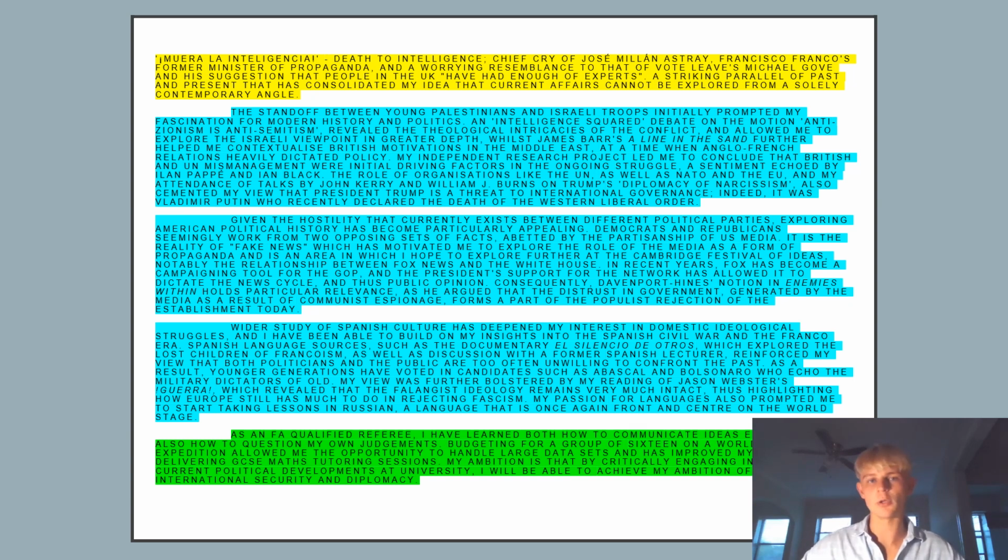For me, as a joint honours student, I think an introduction is pretty key. One of the first things you have to do in your personal statement is address the fact that you are applying for a joint honours course, and so you have to explain to the admissions tutor not only why you're applying for these 2 subjects, but what the links are that you see between these 2 subjects. I think that's pretty crucial.